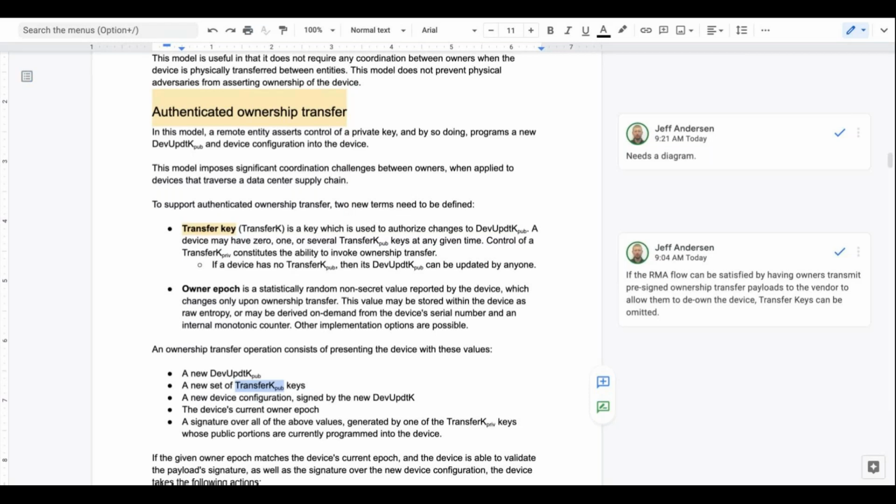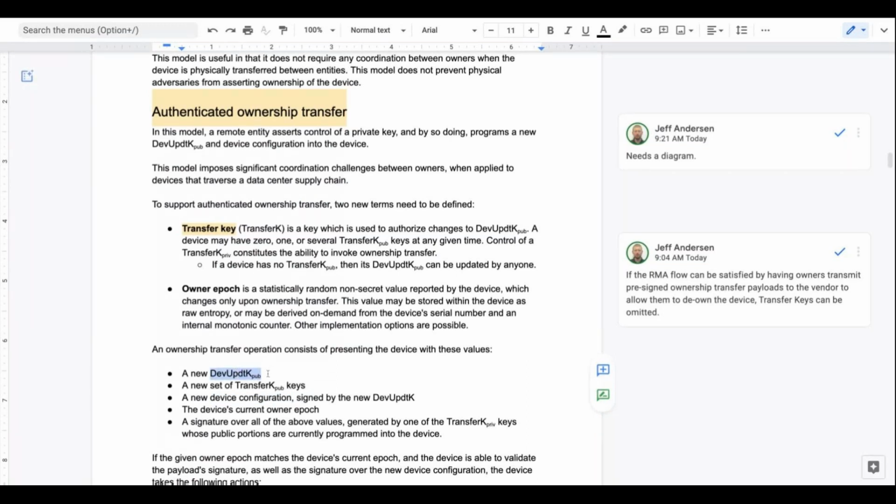So how does the device enforce all the privileges of an owner? It's just this list of things here that the owner can do. So the device configuration will have a list of all the things the device can do, like what code it can boot, who's allowed to, what pins are on, JTAG enabled, whatever. That's in device configuration. If you want to change any of that by exerting control of the device, you sign a device configuration with a dev update kpub. That's ownership: control of a dev update key.